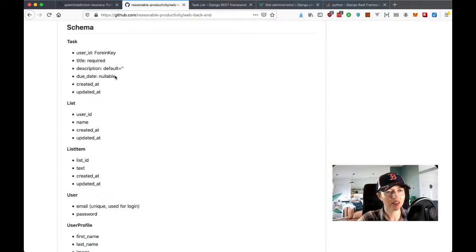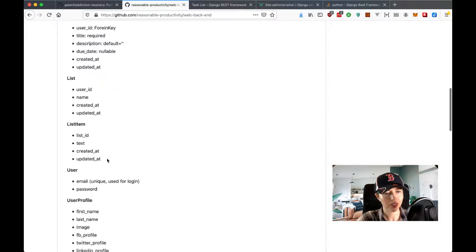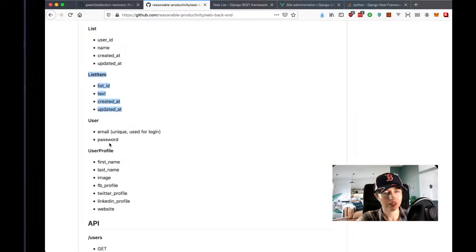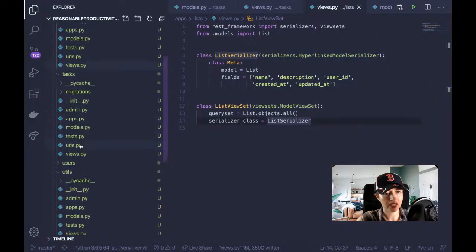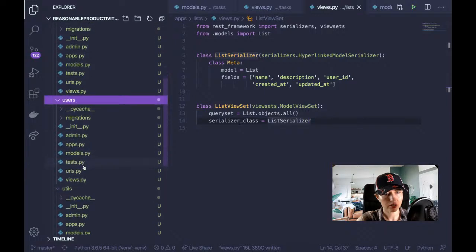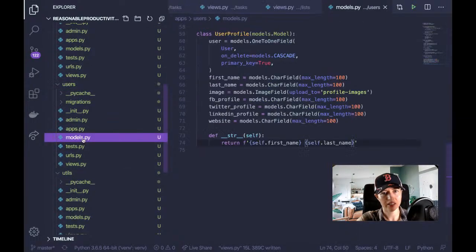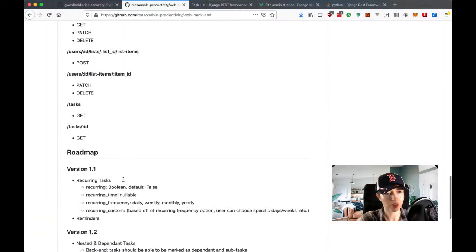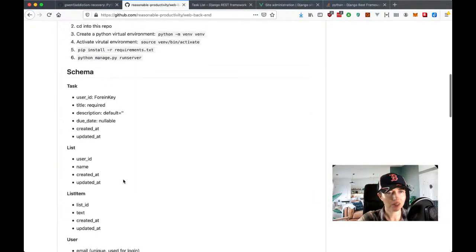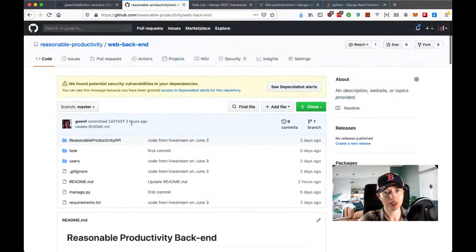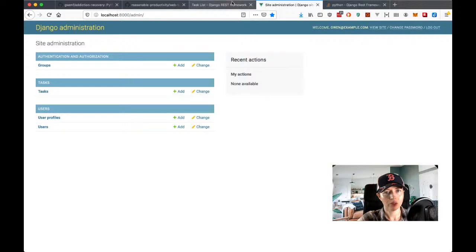So if I look at the schemas that I added, I pretty much have, oh no, wait, I need to add the list item schema. But I think I did add the user and the user profile last time. Yeah, users, and I have user. I'll need to set up a few more things with APIs. And then I really want to get started with the Vue front end for this. So what I'm going to fix